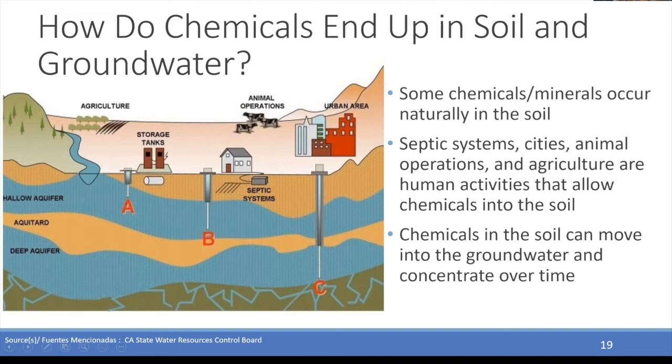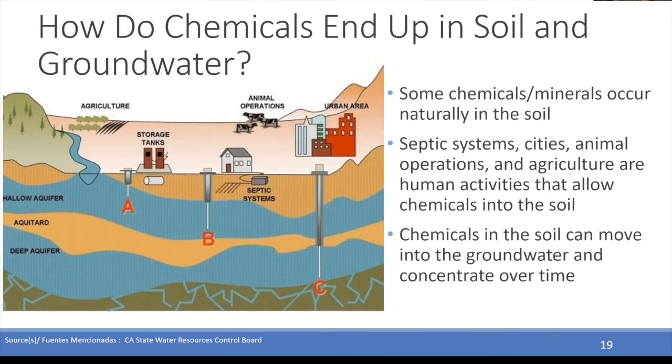Chemicals in the soil can make their way into groundwater and can become more concentrated or found in larger amounts over time. And so in this graphic on the left, you can see a number of human uses, including a home with a septic system, which can release